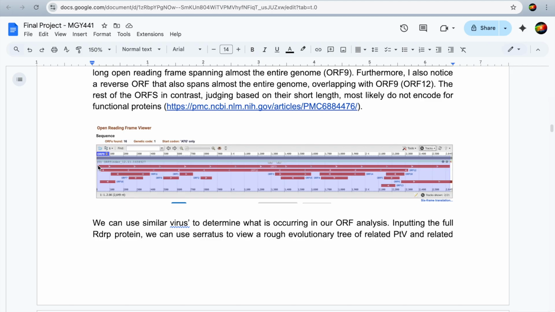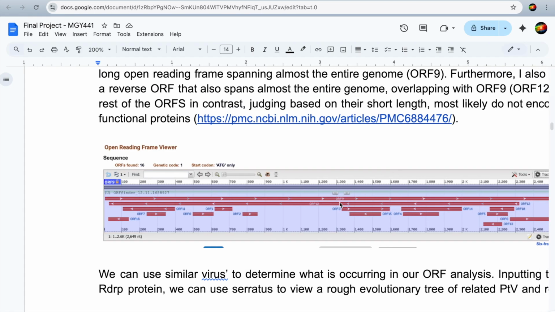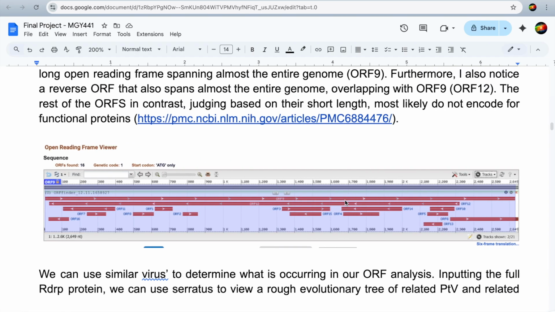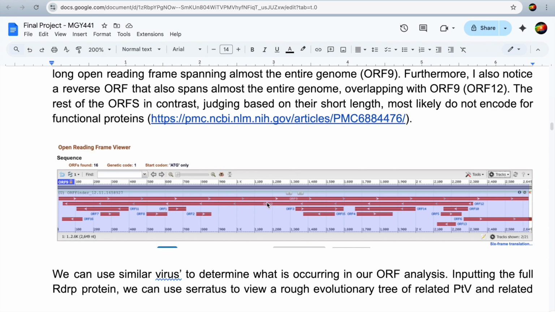It is very clear to me it's a narnavirus because there's this really long open reading frame here, ORF9, and it basically spans the entire genome. That's really good. And then ORF12, notice it's in the reverse direction, and it also spans pretty much the entire genome. Based off previous research on narnaviruses,